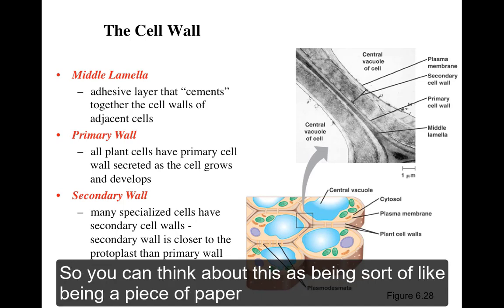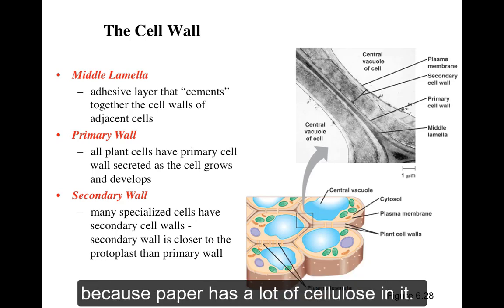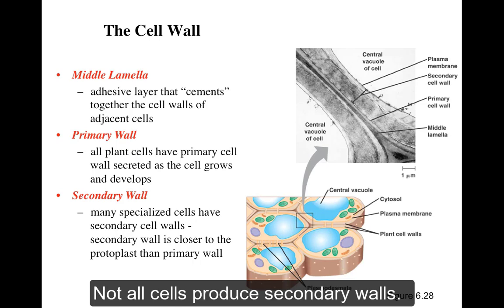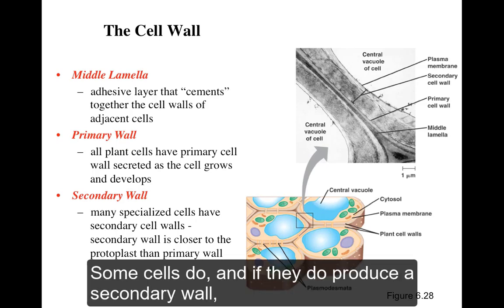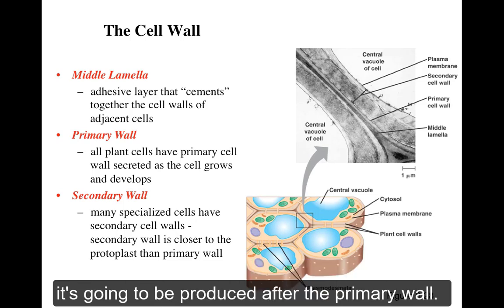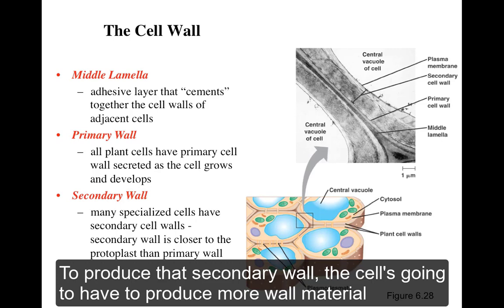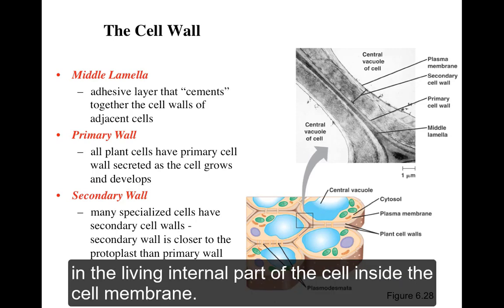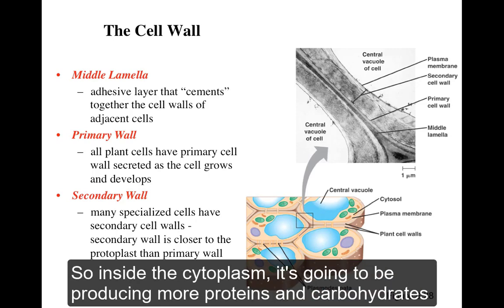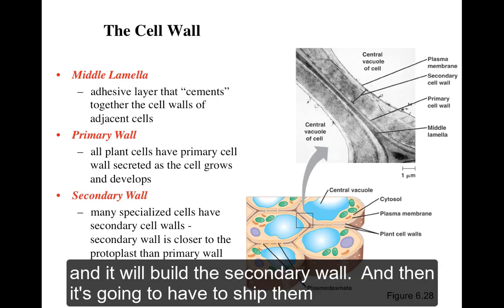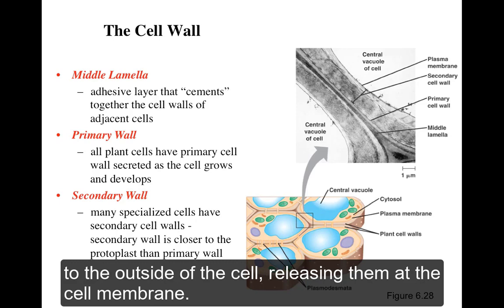So you can think about this as being sort of like a piece of paper. A piece of paper has a lot of cellulose in it. Not all cells produce secondary walls. Some cells do, and if they do produce a secondary wall, it's going to be produced after the primary wall. To produce that secondary wall, the cell is going to have to produce more cell wall material in the living internal part of the cell inside the cell membrane. So in the cytoplasm, it's going to be producing more proteins and carbohydrates in order to build the secondary wall. And then it's going to have to ship them to the outside of the cell,